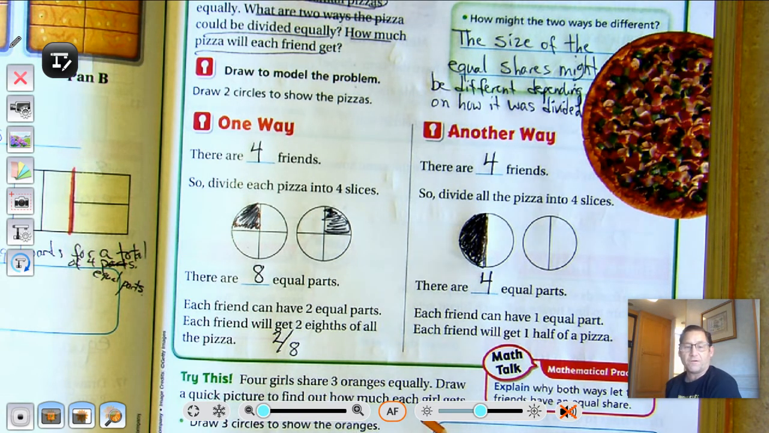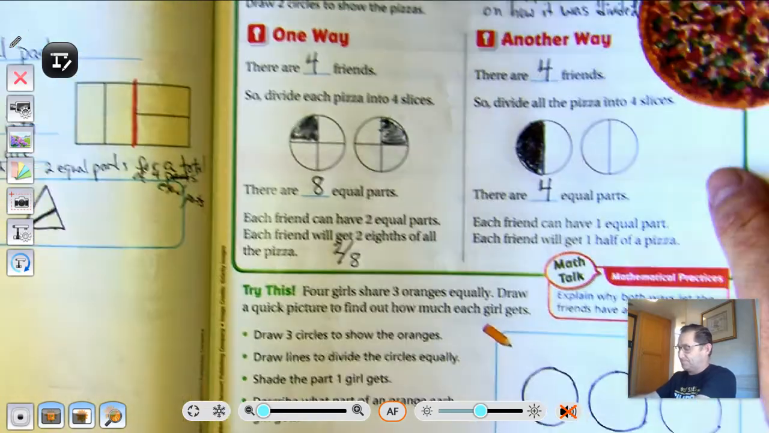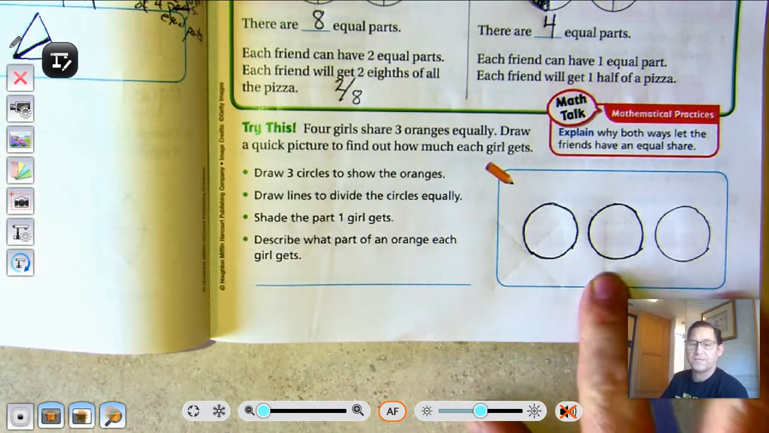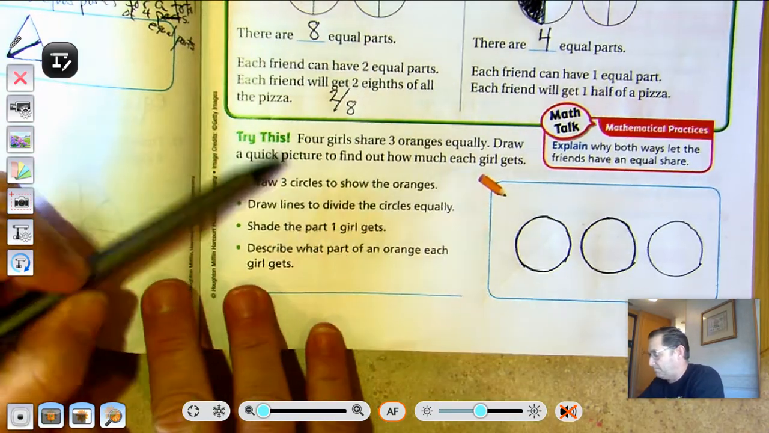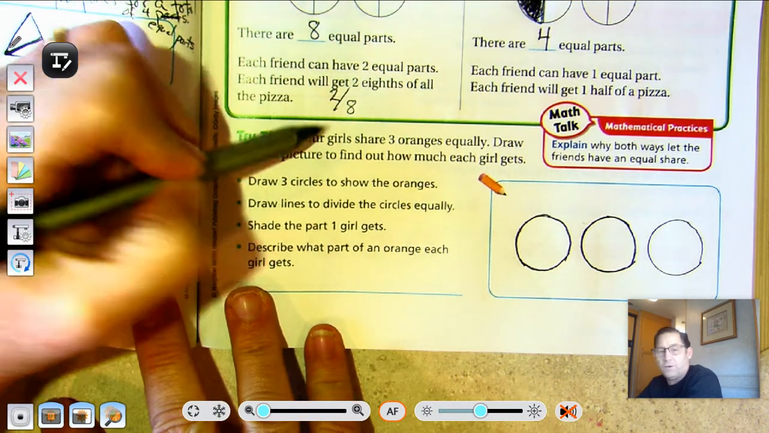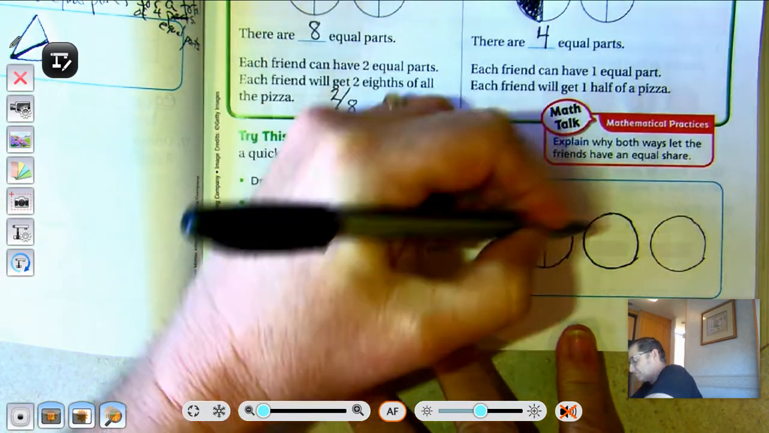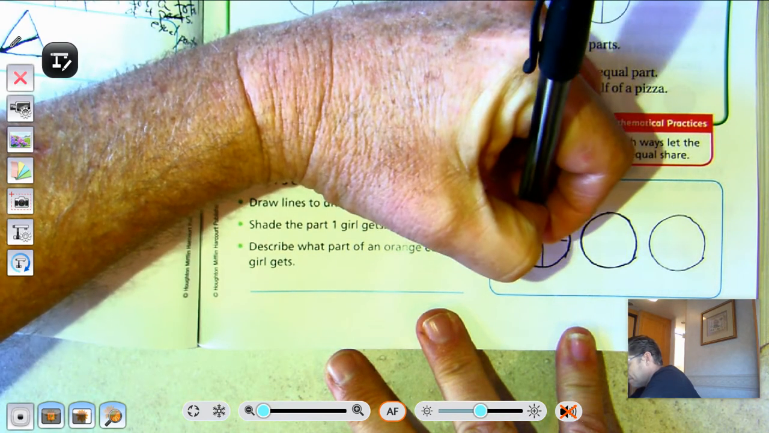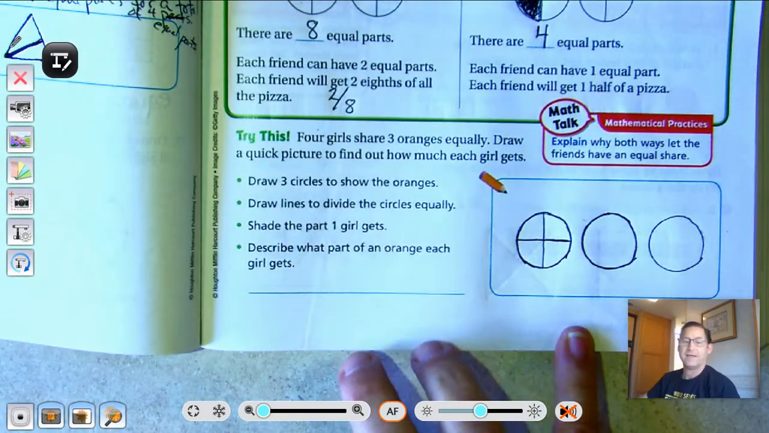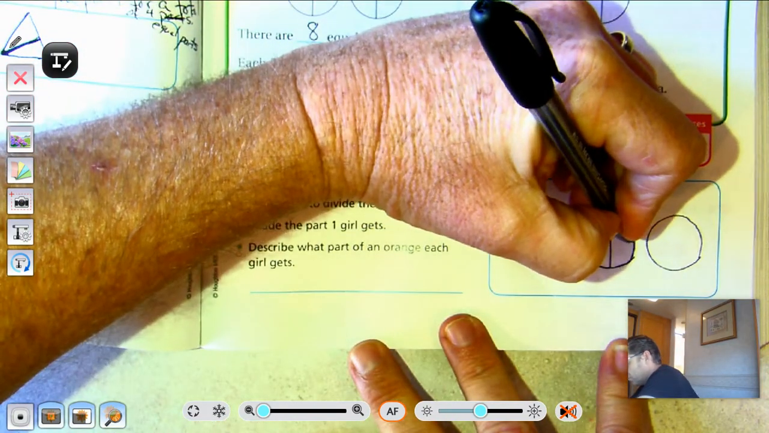All right, try this. There are 4 girls to share the oranges. Draw a quick picture to show how much each girl gets. Okay, so we're going to draw the 3 circles. Okay, that represents the oranges that we're going to share, and draw lines to divide the circles equally. We're sharing with 4 girls. So if we take each orange and make them into 4 slices or 4 equal parts,